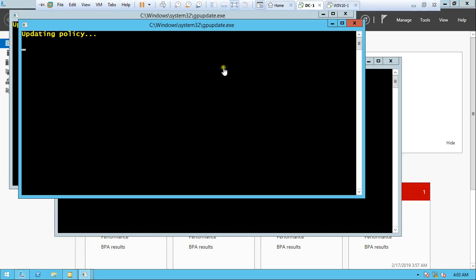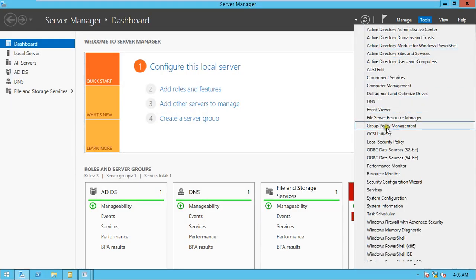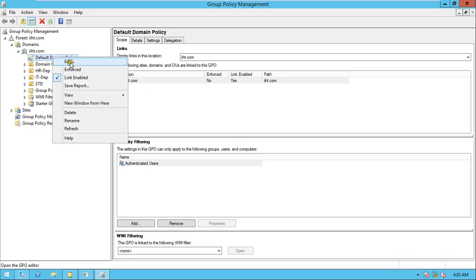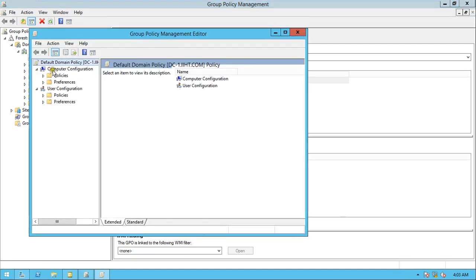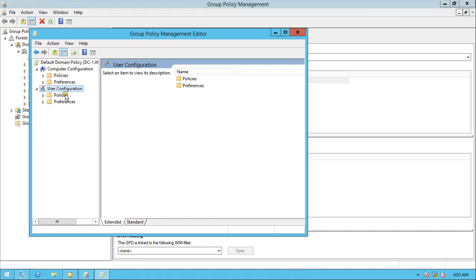See here what the problem is with the computer policy. In Group Policy Management you have two types of policy, computer configuration and user configuration. Since we are working in a virtual environment, not a real one, when you apply user policies and run gpupdate, it applies automatically.